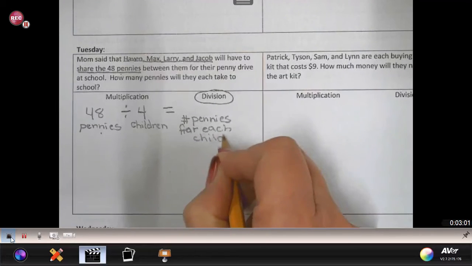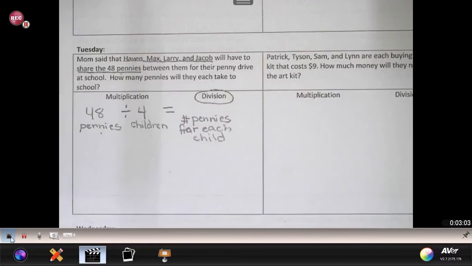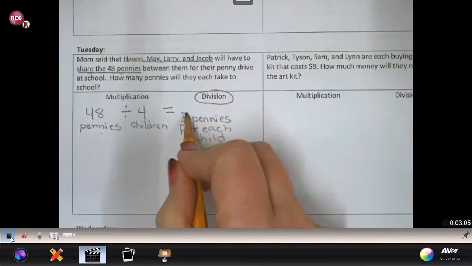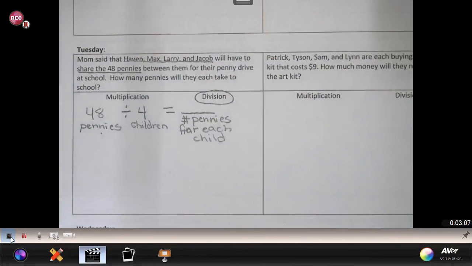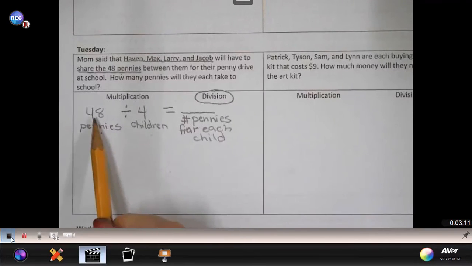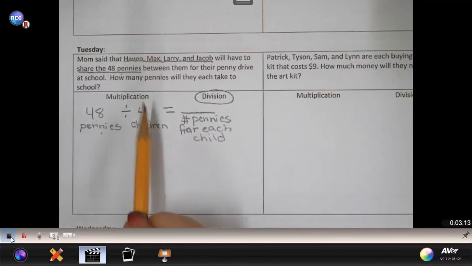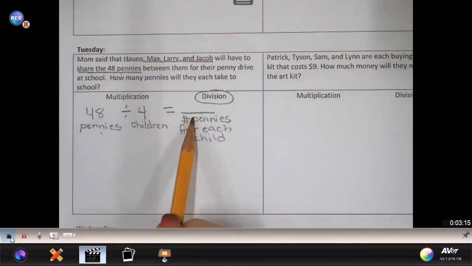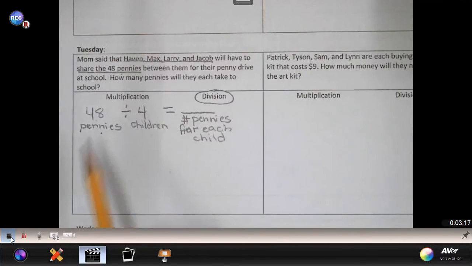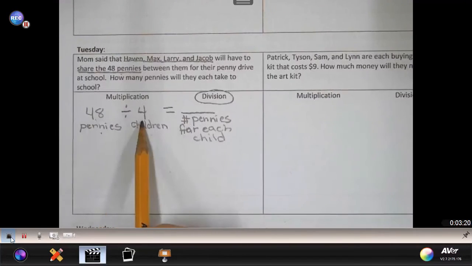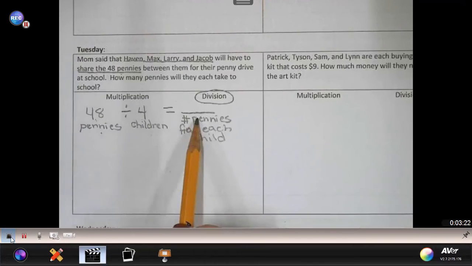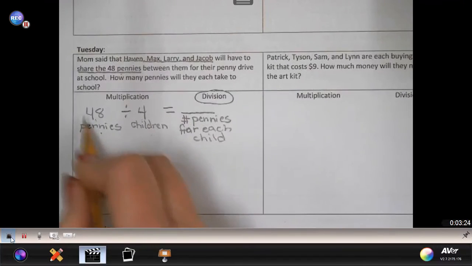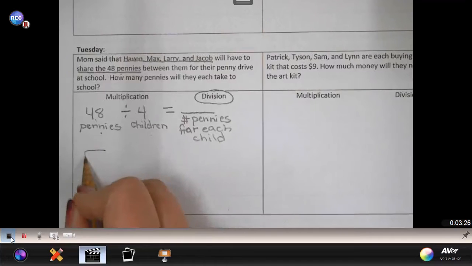Now remember, I asked you to model this, but if you know your quotient, and that's what we call the answer to a multiplication sentence, or division sentence, we have our dividend, we have our divisor, and we have our quotient. Again, dividend, divisor, quotient. So we're going to take the 48 pennies and divide them equally